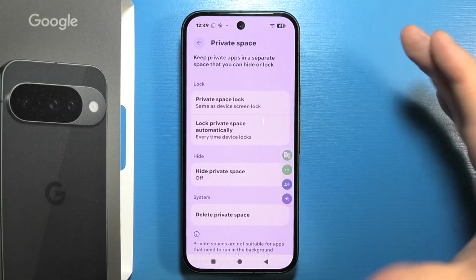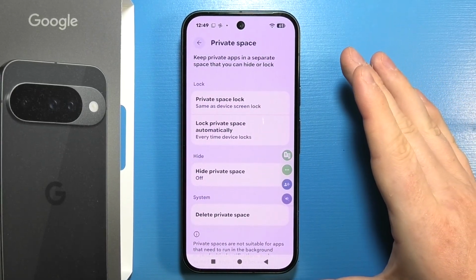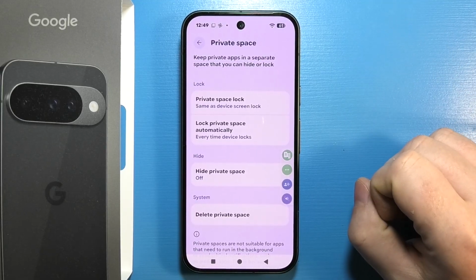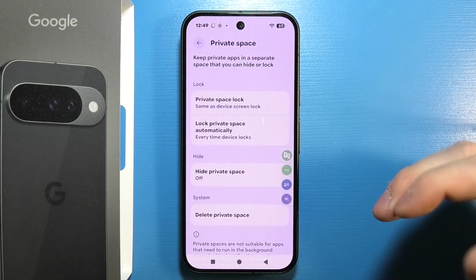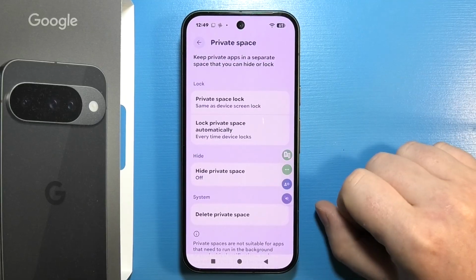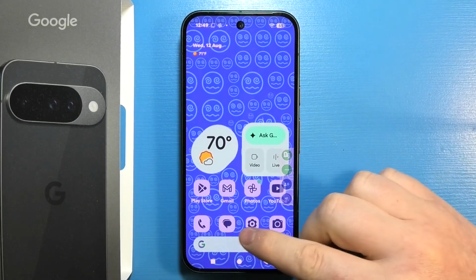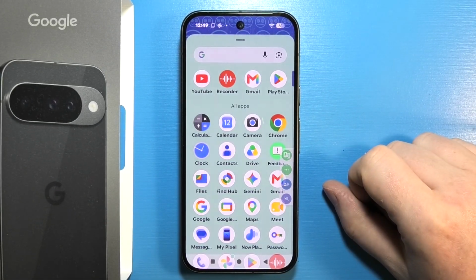Now inside, if you do it for the first time, you will need to set up your private space. I've made a dedicated video about it, so if you're interested, you can watch it on my channel. When your private space is set up, go back and swipe up like this so we can see the app screen,